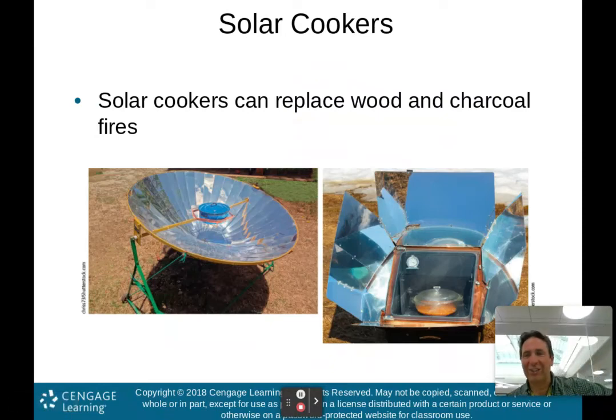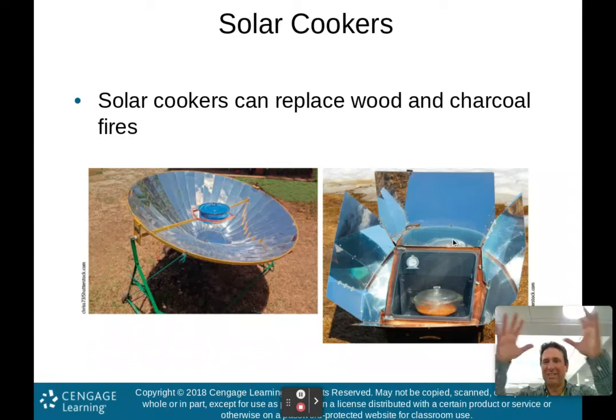Another fun thing to talk about are solar cookers. Solar cookers can replace wood and charcoal fires. I actually did this in AP training a couple of years ago when I went up to Connecticut. The guy who was training had one of these solar cookers. We basically put a chicken, or I think it was a turkey or something, in a pan. We put potatoes and carrots all around it, and we put it in this solar cooker, which is basically just